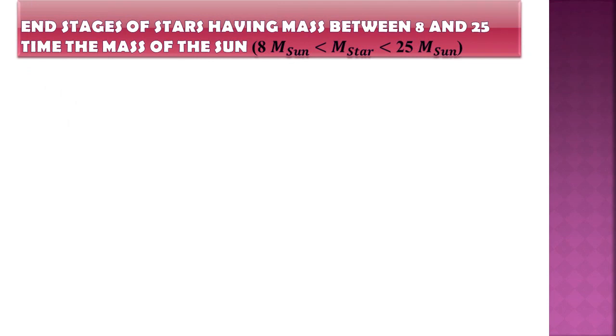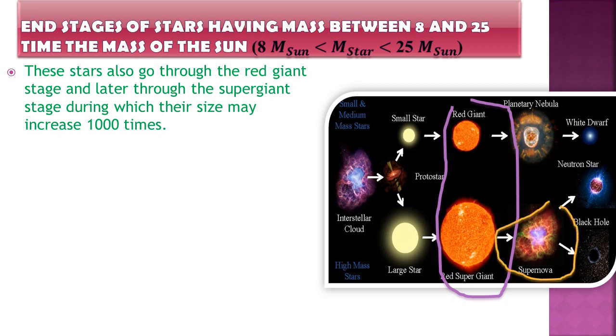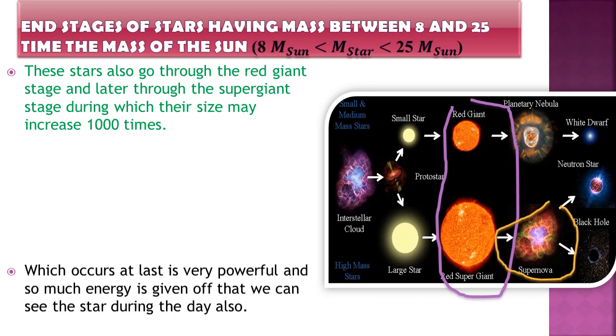Alright, now we have the end stages of stars having mass between 8 and 25 times the mass of the sun. So students, these stars also go through the red giant stage and later the supergiant stage, during which their size may increase 1000 times. So here you can observe the red supergiant on the lower side. It is much larger than the large star, and then the huge explosion called the supernova explosion occurs